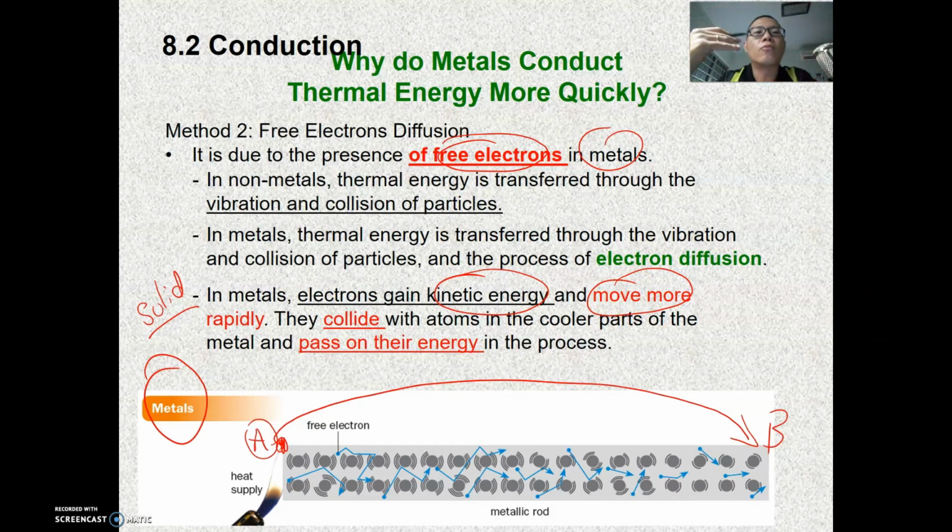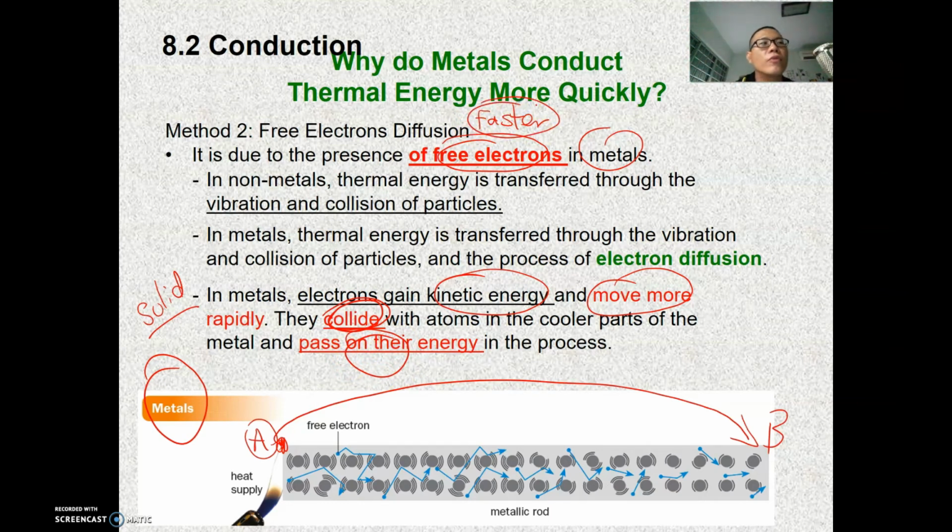And because of the rapid movements, the same thing will happen: there will be collisions. When these electrons collide with the particles and other electrons, the energy is transferred to them, and the same cycle repeats. The neighboring free electrons and particles pick up the energy, start vibrating and colliding. But what is interesting is that this process is actually faster